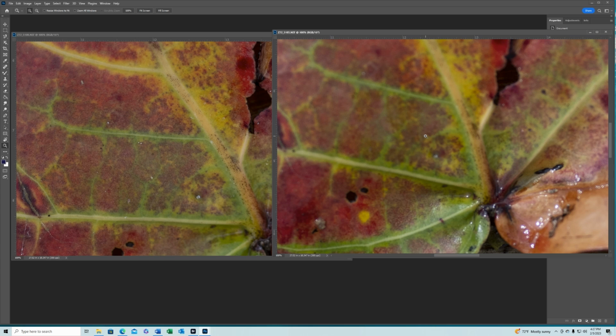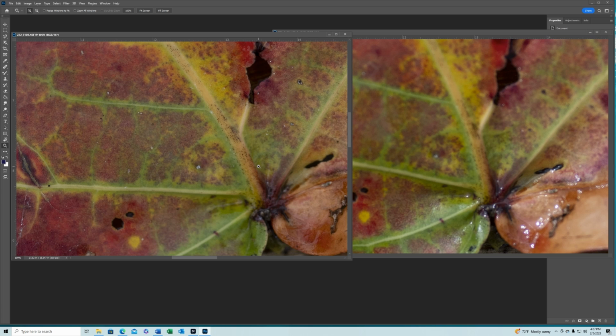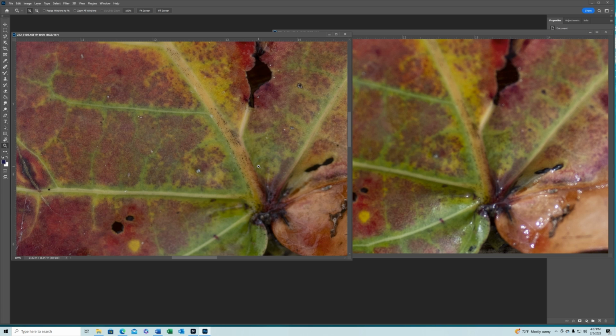I think in this one, it's pretty obvious the Voigtlander is a much sharper lens, at least when it comes to this image. And remember, this on the right was with autofocus, and this one was not, and I did not put these on the tripod. This was actually handheld. So you can see in particular,